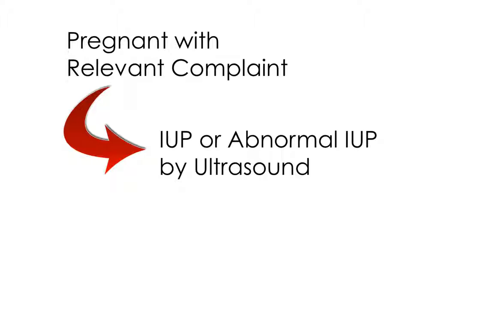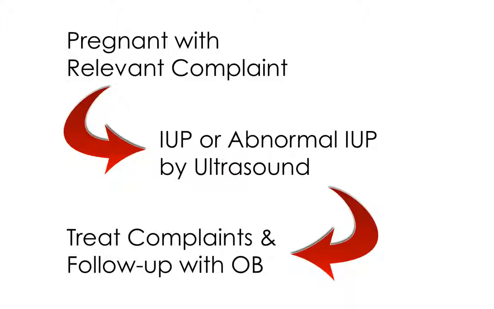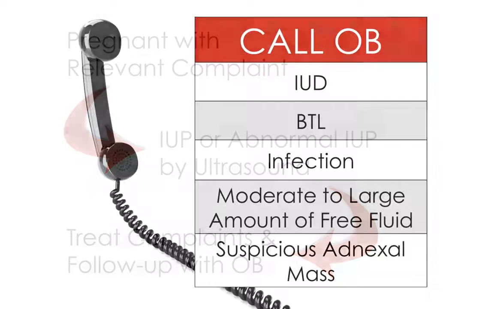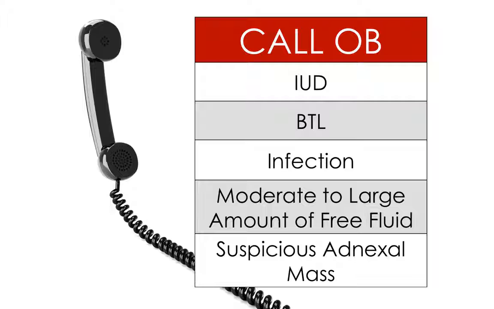If a pregnant female with a relevant complaint presents and there is ultrasonic evidence of either a definite intrauterine pregnancy or abnormal intrauterine pregnancy, then the patient's complaints are treated and she is referred to obstetrics for outpatient management. However, if the patient has any of the following conditions, obstetrics should be consulted. They include intrauterine device, history of bilateral tubal ligation, infection, moderate to large amounts of free intraperitoneal fluid, or a